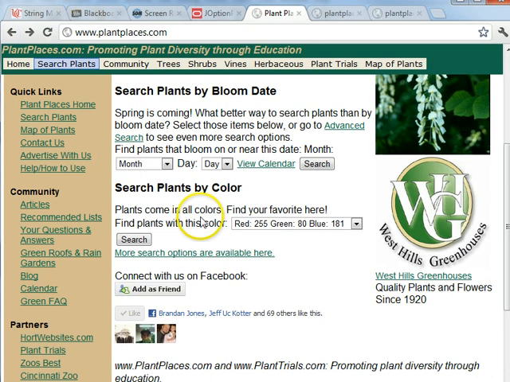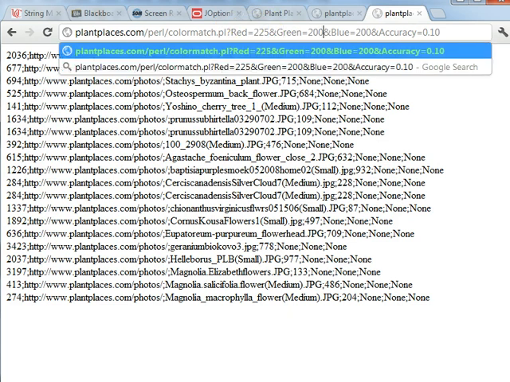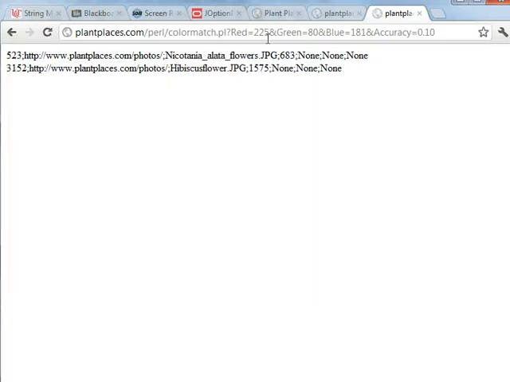If I go back and search for, let's see, the colors I searched for there were red 225, green 80, blue 181. That's what the Android app is going to send to Plant Places. So 225, 80, 181. I'm going to act like I am the Android app now. 225, 80, 181, and then an accuracy of 10%, which means give me a color within 10% of this red, green, blue value. I hit enter, and let's see,